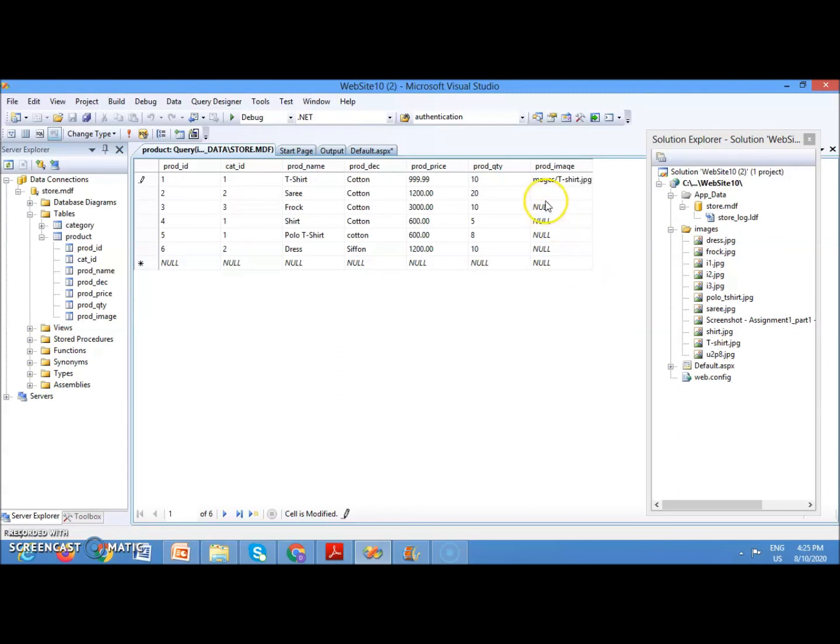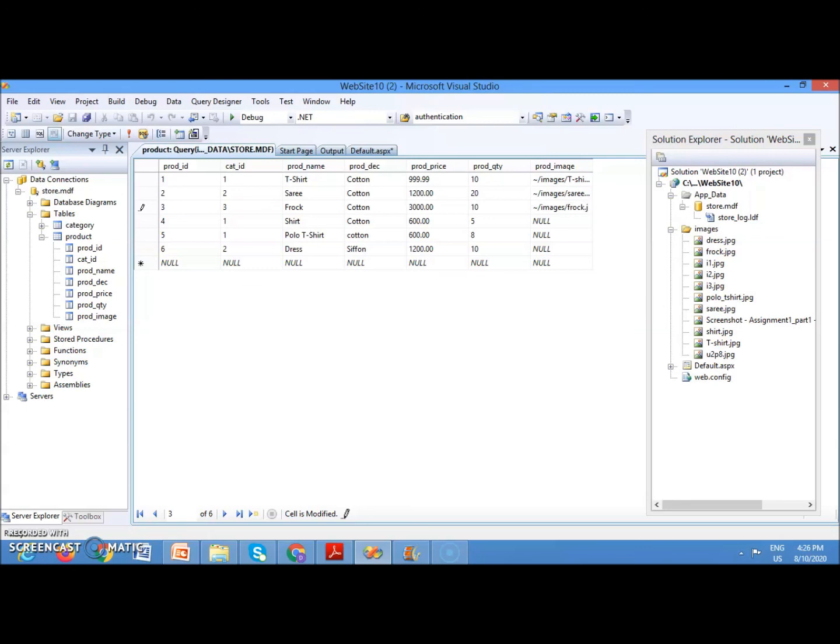Same way for the second one, it is a sari, so let's say root tilde slash images and then sari dot jpg. Next one is frock, so again tilde slash images then frock. Now remember the spelling should be exactly the same as the file name. It is case sensitive. So if it is capital then you have to write in capital.